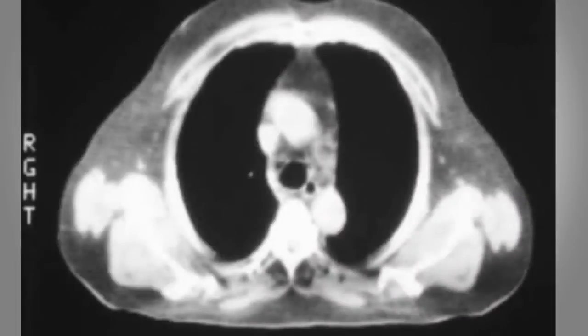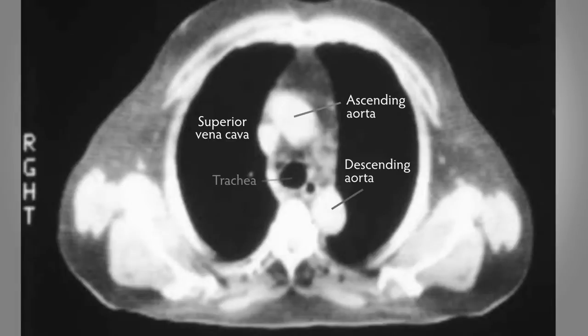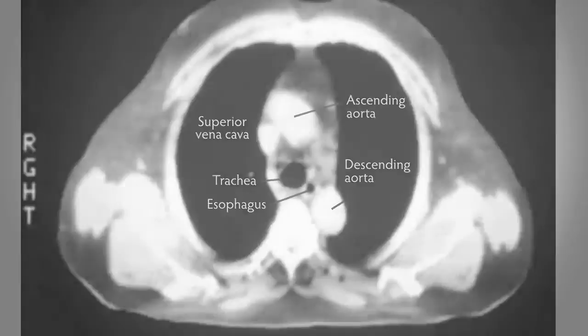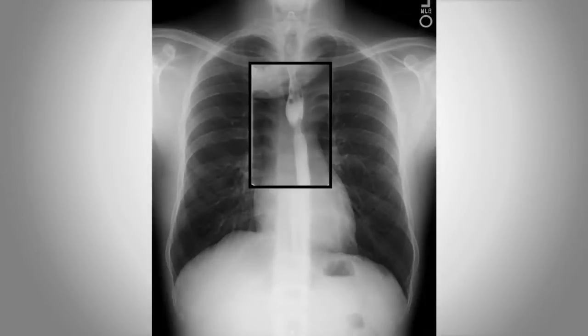If we look at this cross-section, we can see the superior vena cava, the ascending and descending aorta, the trachea, and just behind it we can see the esophagus. If we have the patient swallow radiopaque contrast material, like barium, we can see it fill the esophagus from top to bottom by peristalsis. This test is called a barium swallow and is performed using X-ray fluoroscopy, with the patient